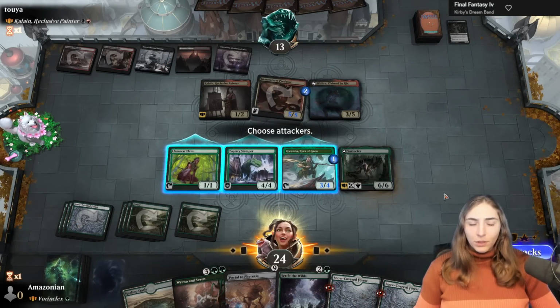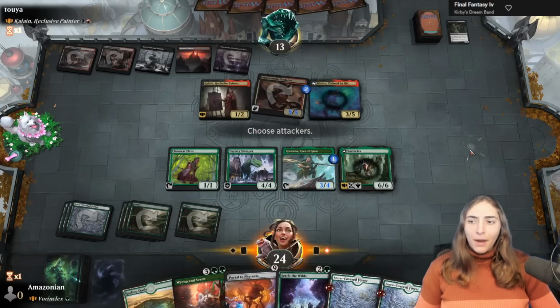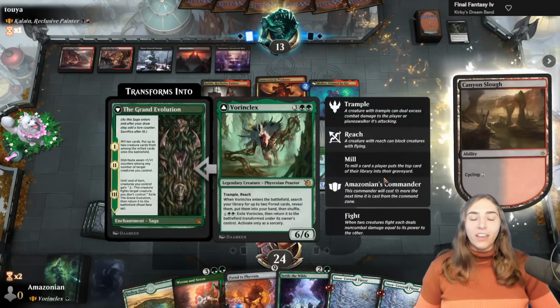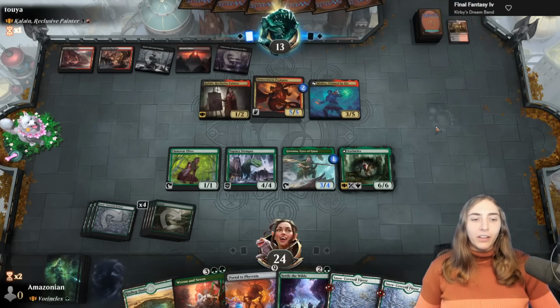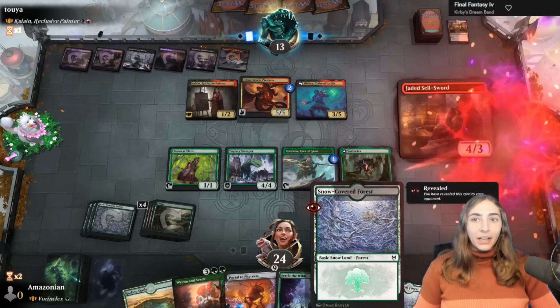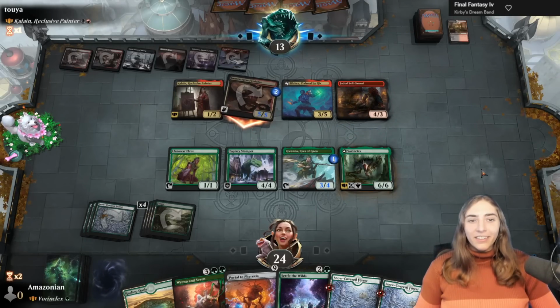Do I feel like attacking on? Doesn't really do that much. Next time the Immersturm Predator attacks, though, it will become a 6/6. They'll exile something from the graveyard, and then I don't think I'll be blocking with Vorinclex just because I am at Portal to Phyrexia mana. I've got 7 mana, 8, and then a 9th right here. Unless...